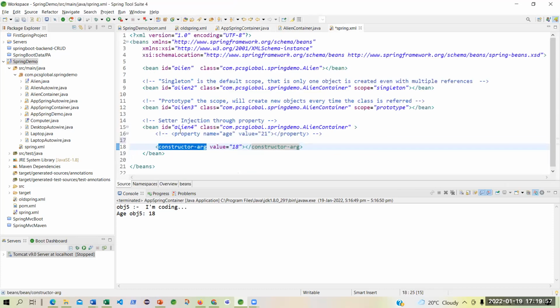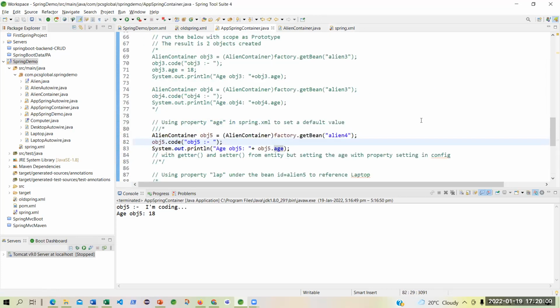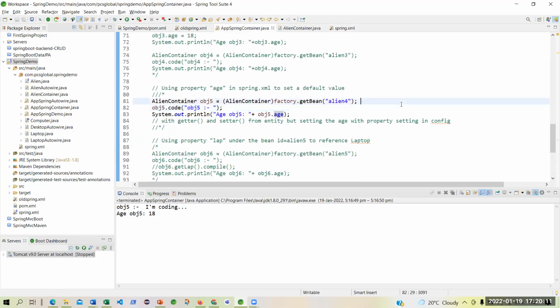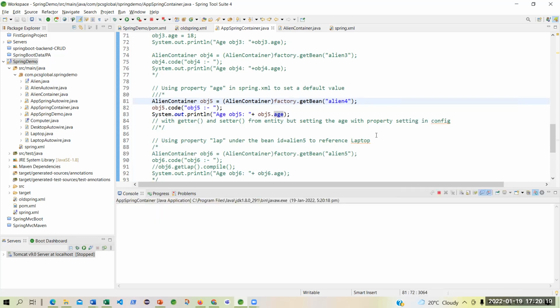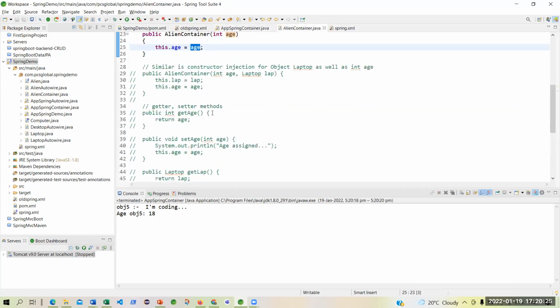Because I am not setting the property age through the property element. I'm using constructor. I am doing a constructor injection. So I will not have any getter and setter. So my expectation is that it should run. Let's see. I don't know. It might fail. Oh, it is working. So it is working without the setter and the getter.